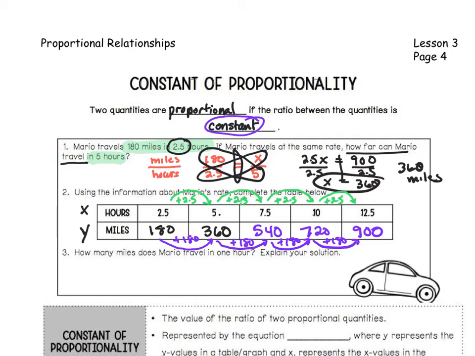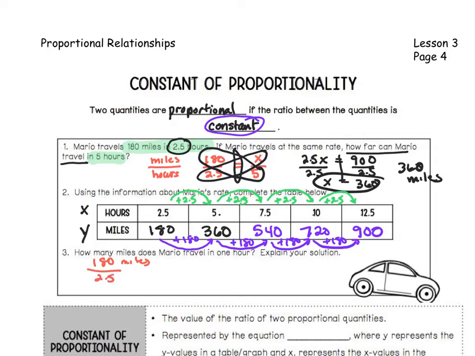So the final question asks, how many miles does Mario travel in 1 hour? And it says, explain your solution. So we can go back to the beginning with the information that they gave us. Now that we know it's a constant rate, we can use what they gave us at the beginning and say, well, we can travel 180 miles